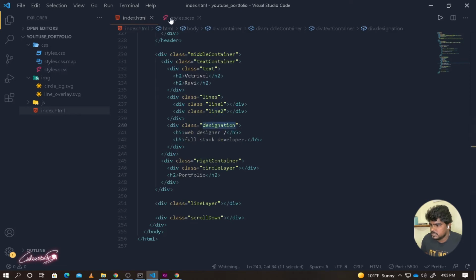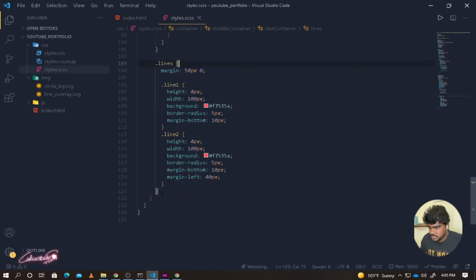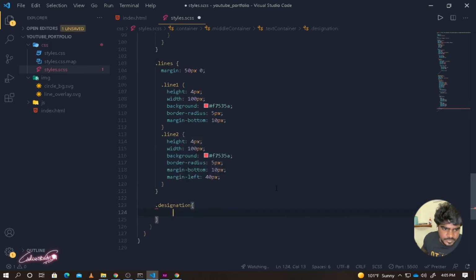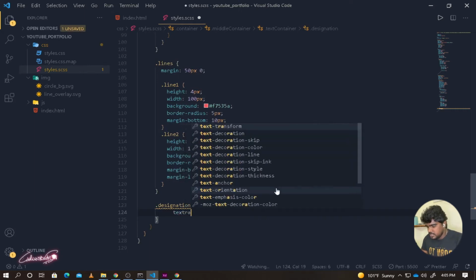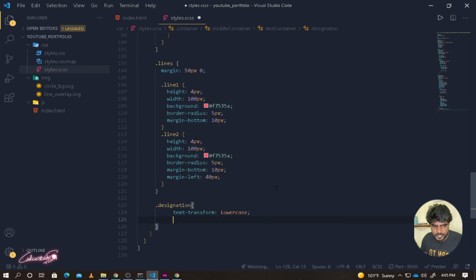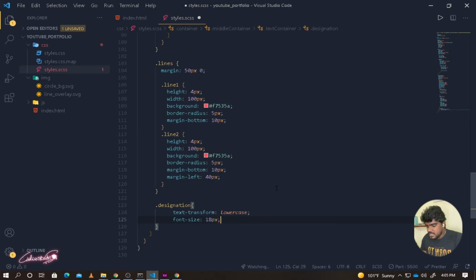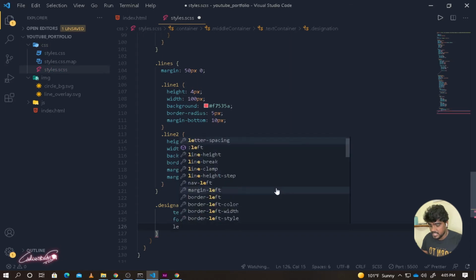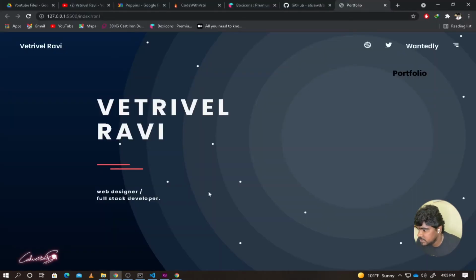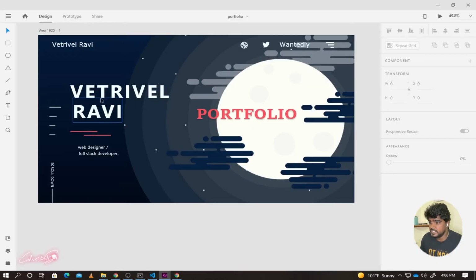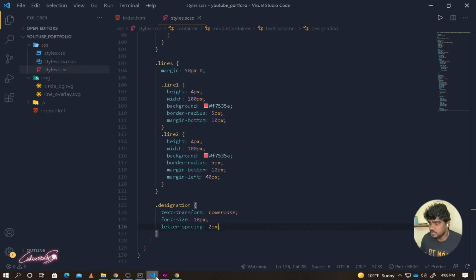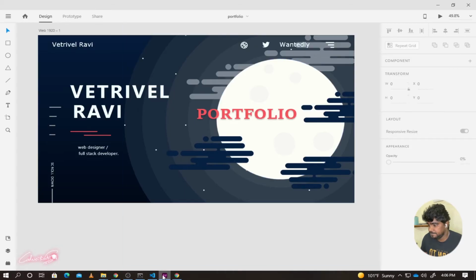And now let's fix this, where it is, this designation. So copy it after your lines, paste it over here. Designation, we need to fix this designation now. So this designation should have text transform, it should be in the lowercase only. We don't need uppercase anymore. It should be in the lowercase, and font size of this is going to be 18 pixels. And the font weight, we already fixed it. So letter spacing 2 pixels. Yeah, this is good. We finished our text container,